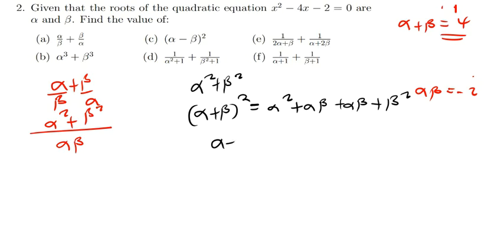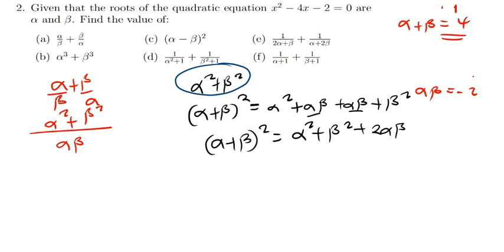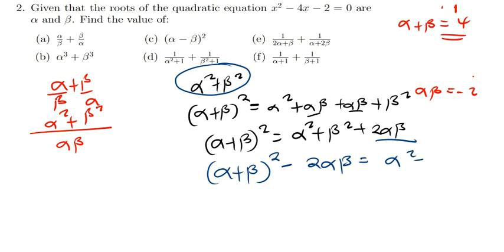So alpha plus beta raised to the power 2 should be equal to alpha squared plus beta squared, and these two can be added, giving me 2 alpha beta. Our goal is to find what alpha squared plus beta squared is. I'll shift this to the other side. So alpha plus beta raised to the power 2 minus 2 alpha beta should be equal to alpha squared plus